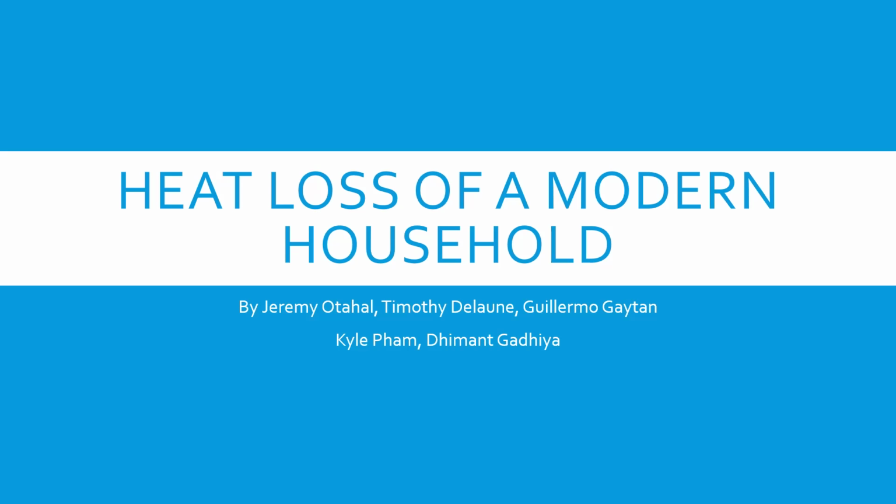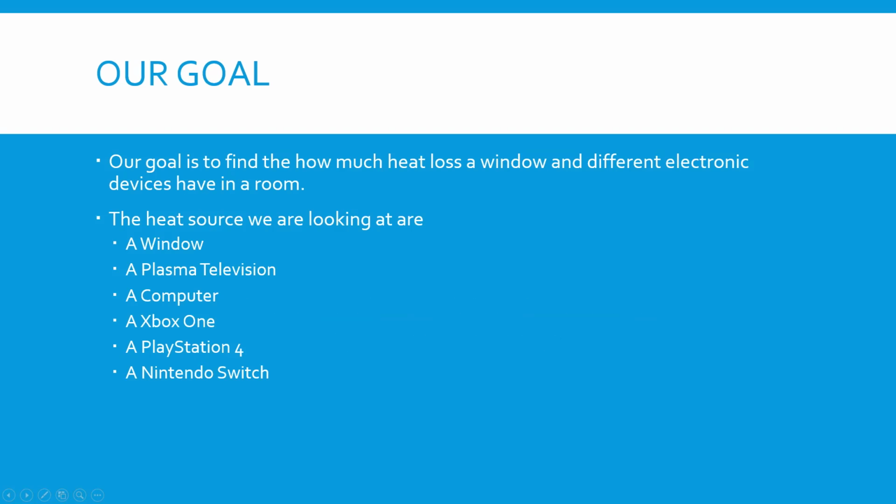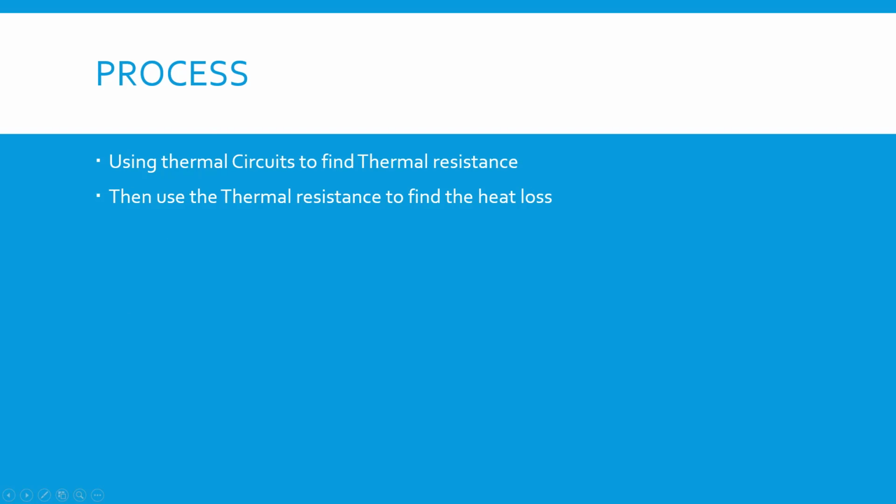Add a window to the room on a sunny day, and the temperature of the room can change a noticeable amount. Our goal is to find how much heat loss a window and different electronic devices have in a room. Our heat sources are a window, a plasma television, a computer, an Xbox One, a PlayStation 4, and a Nintendo Switch. We will be using thermal circuits to find the thermal resistance and then use thermal resistance to find the